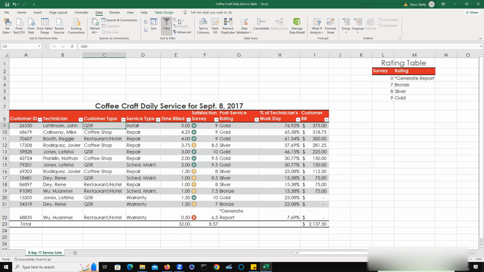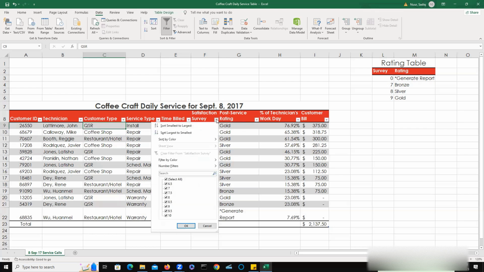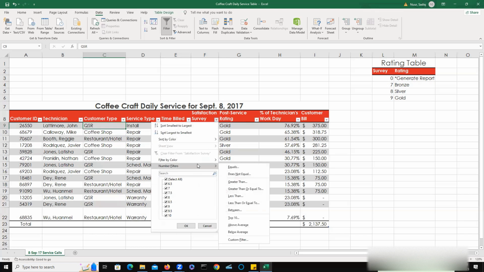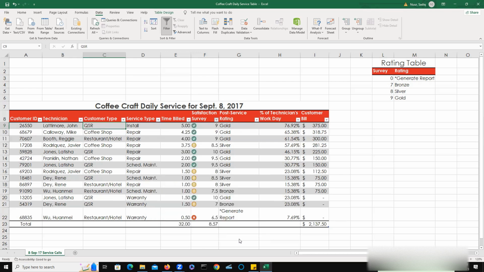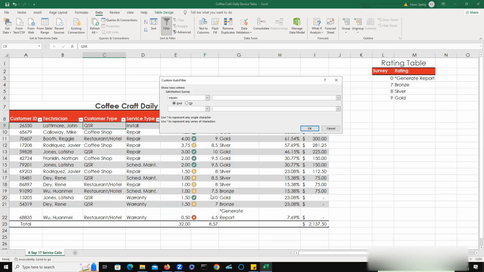So to do that, we will click the filter button, and then we will point to numbers, and then we will click on custom filter, custom filter,